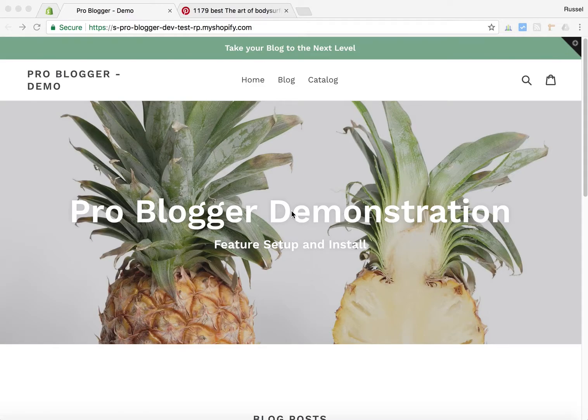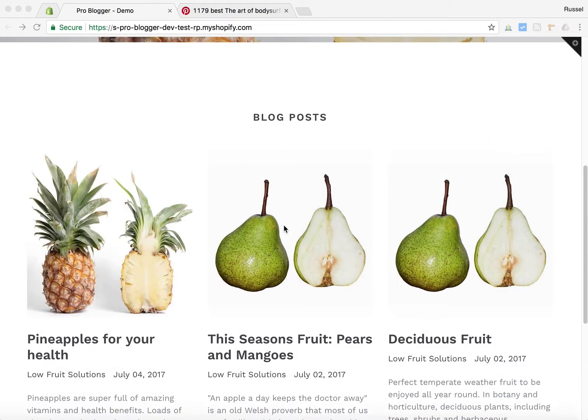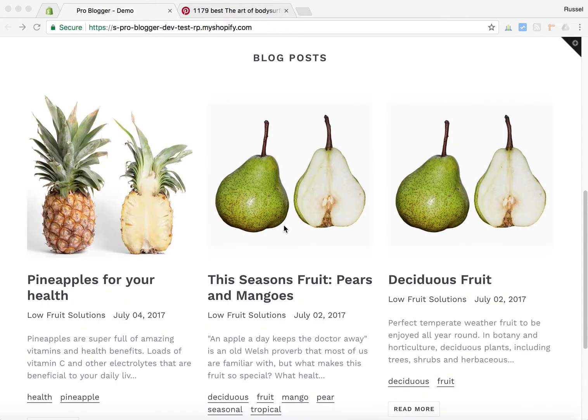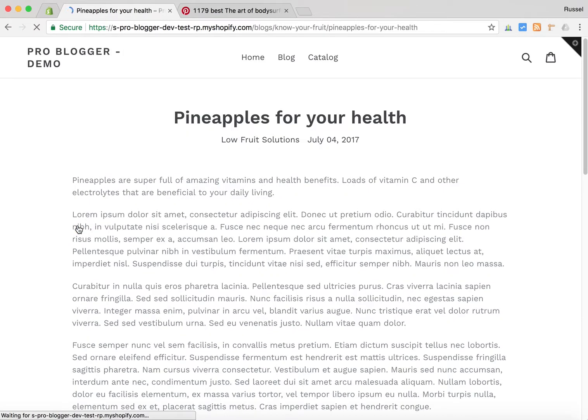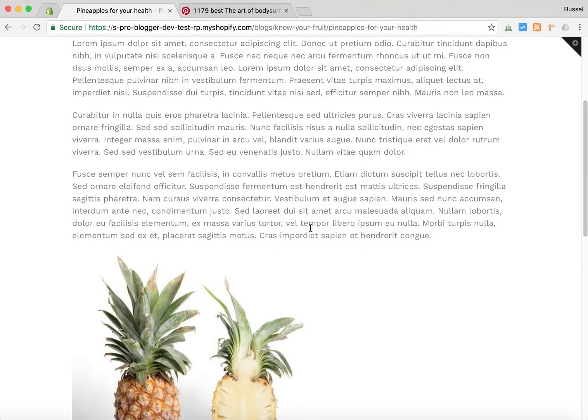We'll come more to the overall details of some of the features like rich pins in a little bit. But before we dig in, let's have a look and see what a blog without this integration will look like. So I have a demo store set up here. You can see it's currently obviously not live. It's one of our test ones, and in the bottom here, we're going to just go into one of our test blogs. So it's going to go here, pineapples for your health,